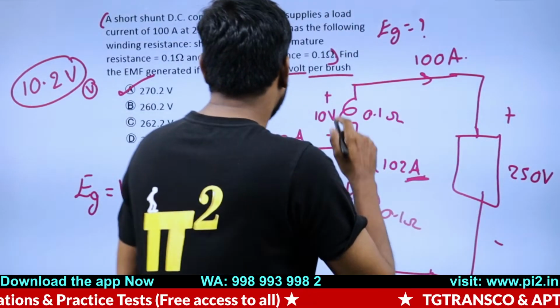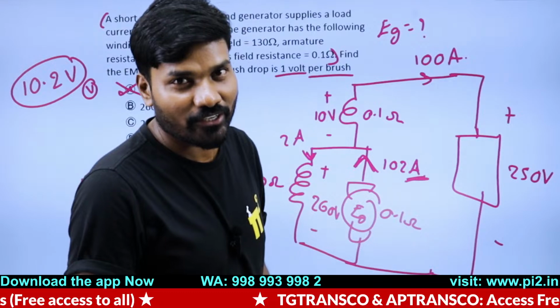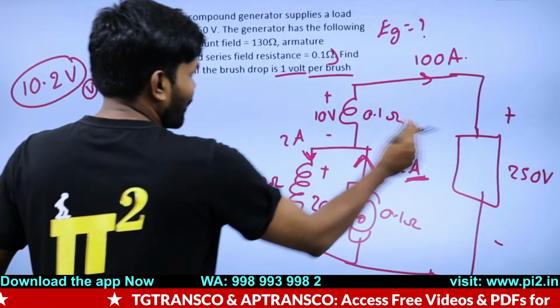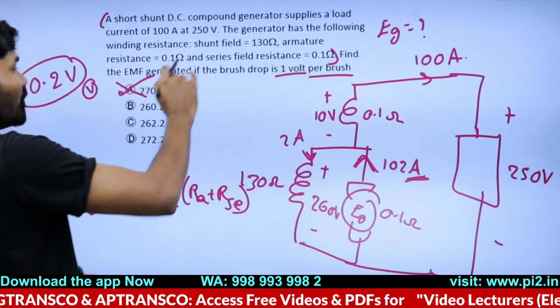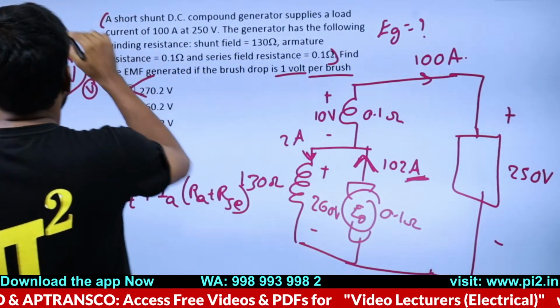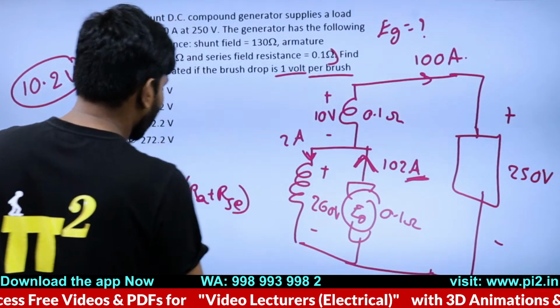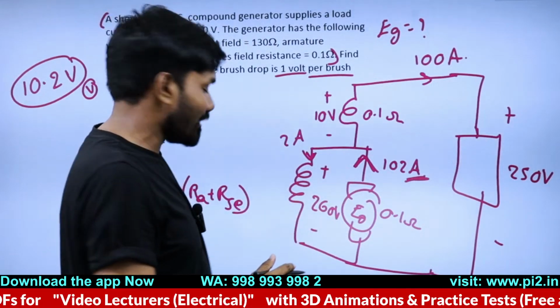Now, if you do this, you're gone. Why are you wrong? You're wrong because option A is there. You got 250 plus 10 plus 10.2, you marked it 270.2, it's gone, because you just looked at this equation. This is a common practice, what we do. We just use this formula. But there is something given explicitly. What is that given?